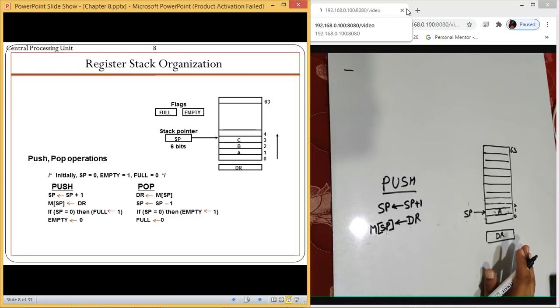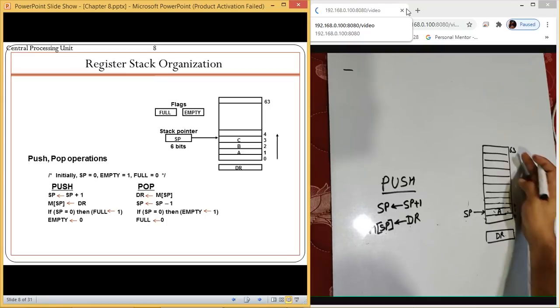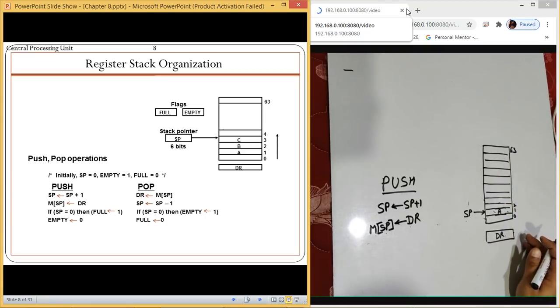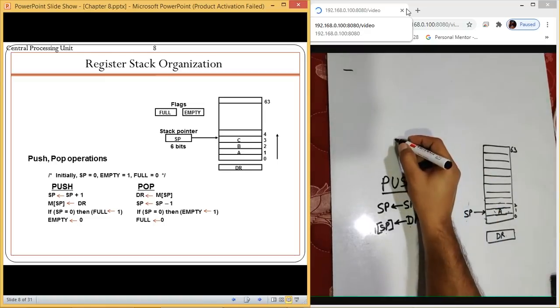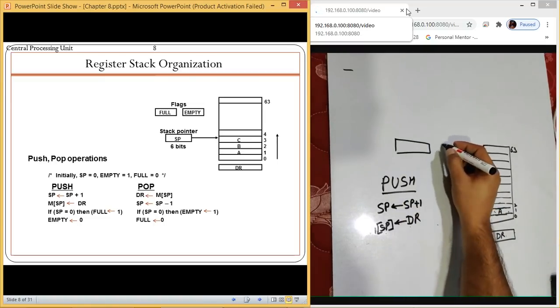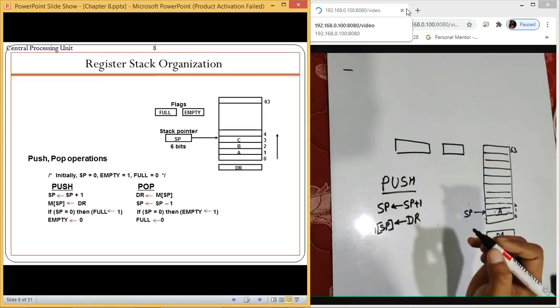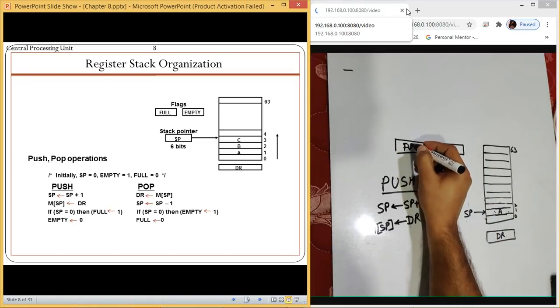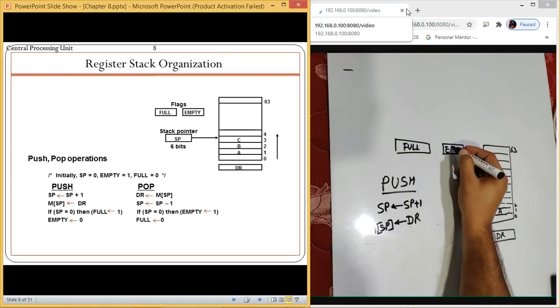Now we need to know when our stack is full and when our stack is empty, because that is important. So how to identify that? We have two different flags for this. One flag is full, one is empty.